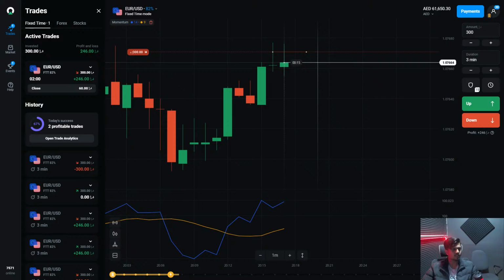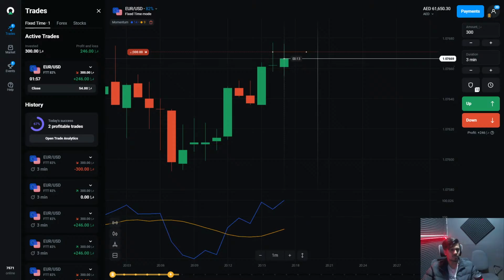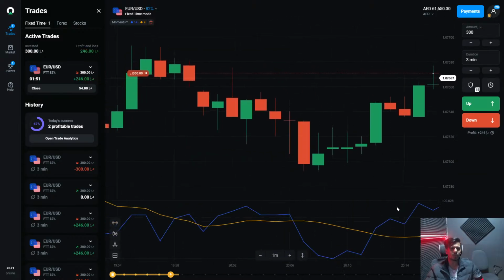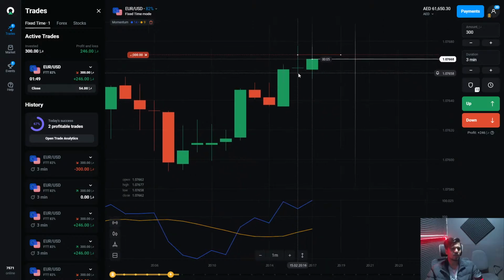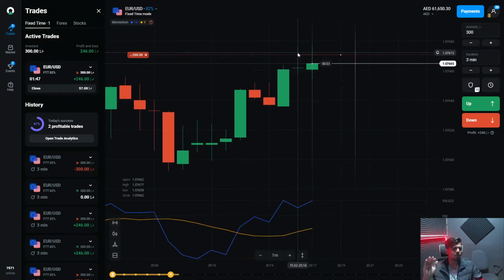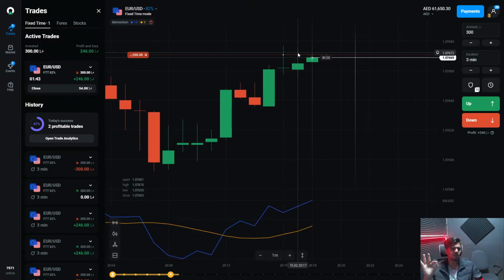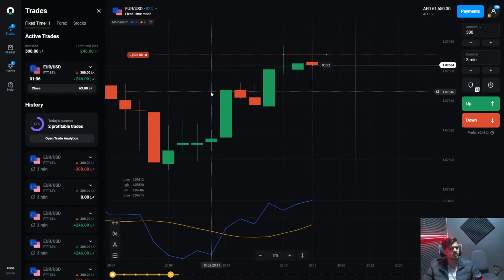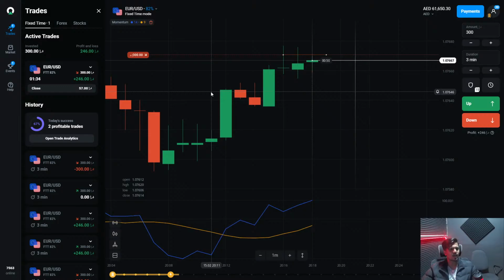So guys, as I can see, it is moving. I will show you one thing. On this trade, on this Japanese candlestick, it went too much upward. See guys, from here to there. But after all this, it didn't go upward, it didn't go downward, it just remained on the same line. You can see here, same line. Now we have 1 minute 37 seconds. Let's see if it will cross this line or stay downward. For the last 2 minutes we have been in profit.